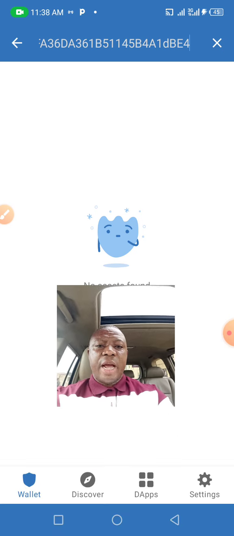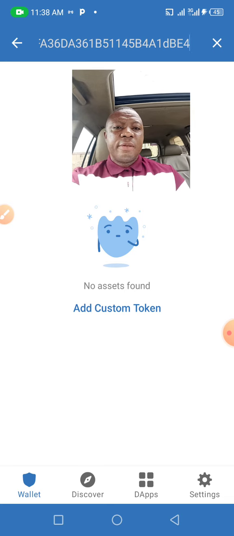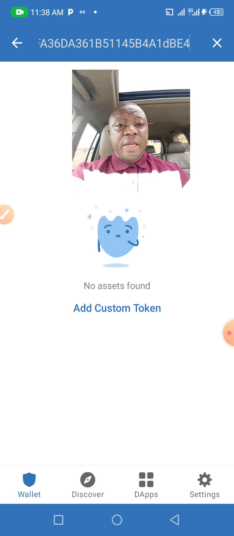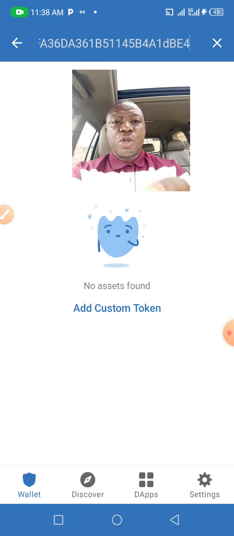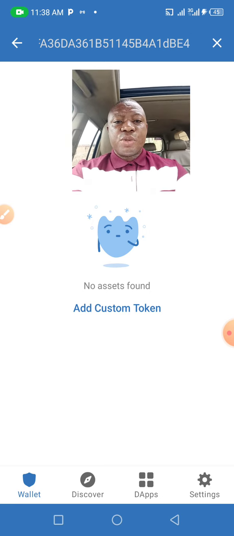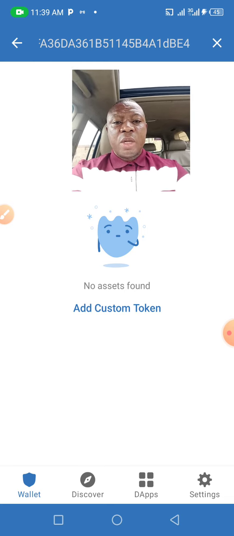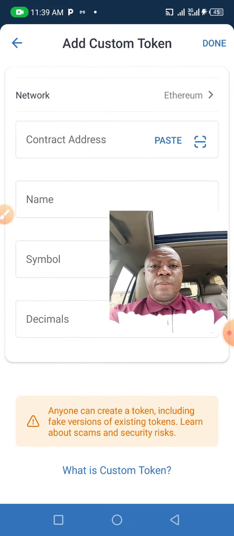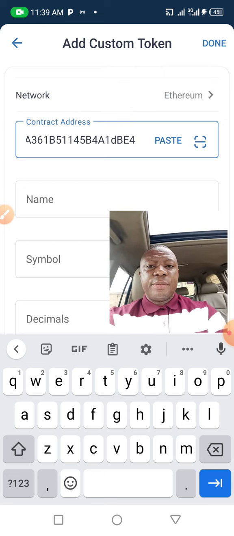Okay. Now, as you can see, the page has opened, but it shows that all the process has to be done manually. After the listing of this coin, definitely all of these things will be automatic. So now what you have to do, and you can apply this at any point in time when you have the option to actually add a token manually. So you come to add custom token. You add custom token. Now you paste the contract address here again. Now after it is pasted, you look at the name.